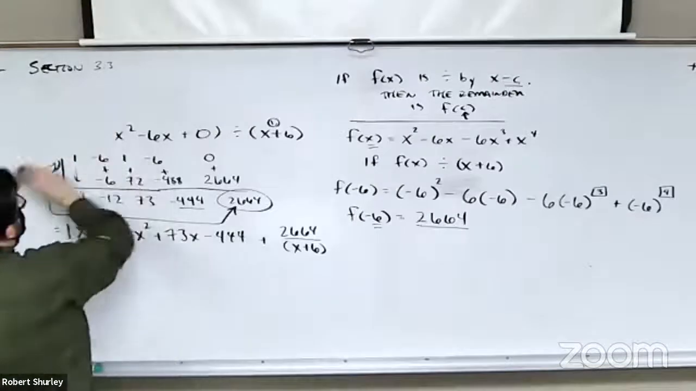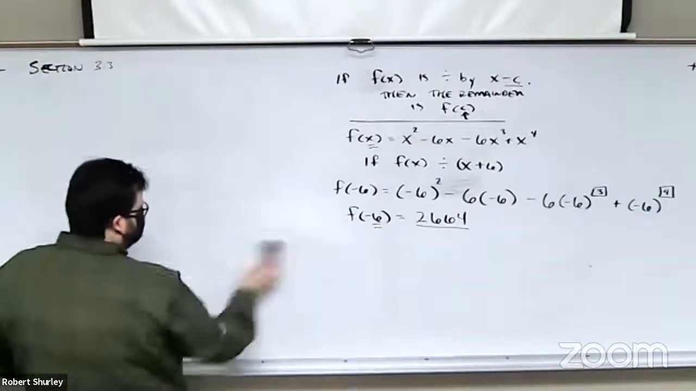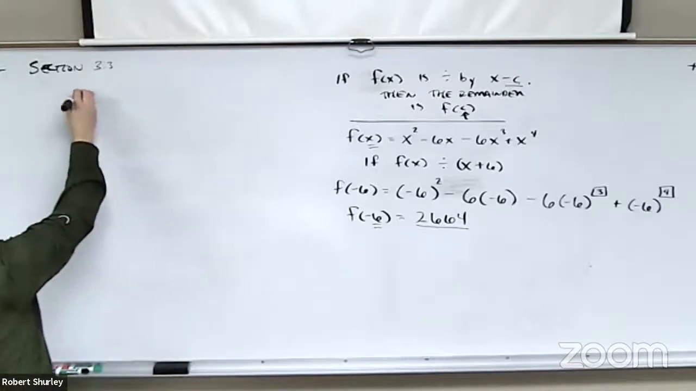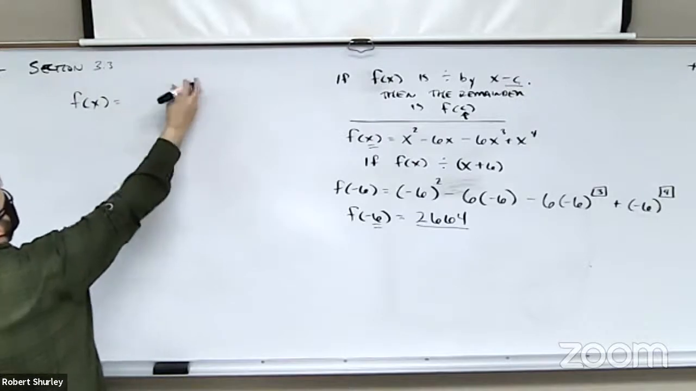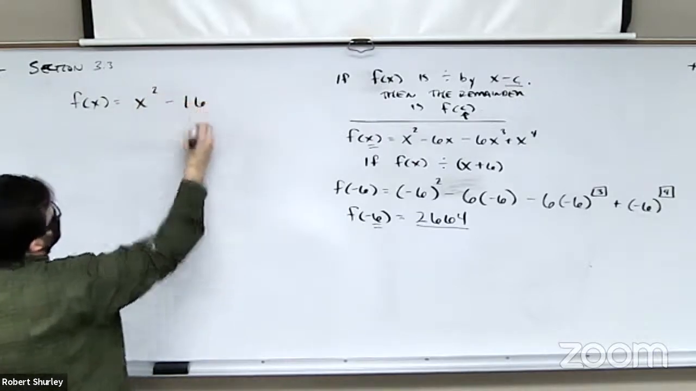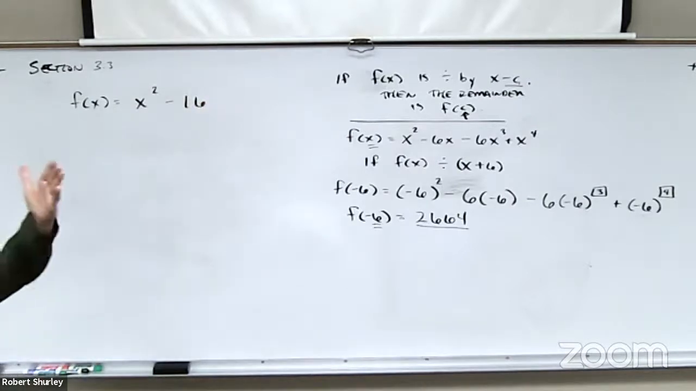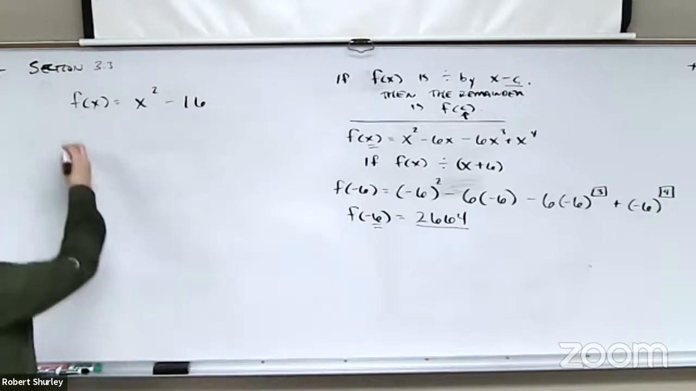So let's say I gave you a function, f of x equals, let's do x squared minus 16. So f of x equals x squared minus 16. And I want you to divide,